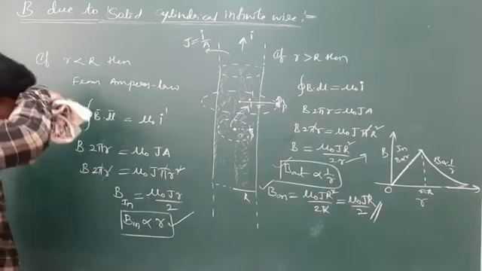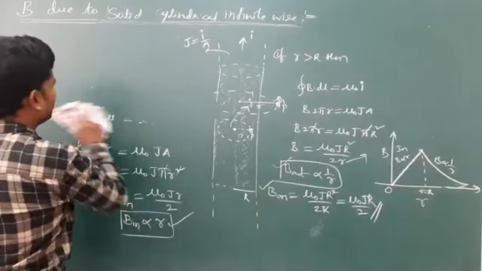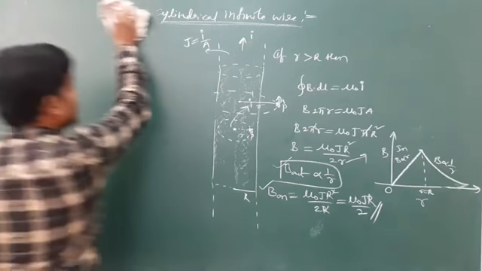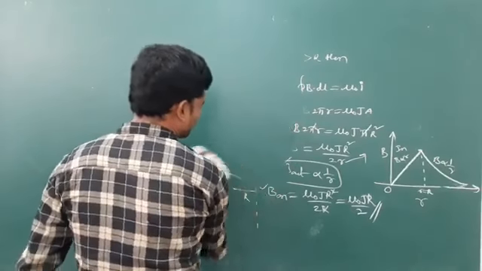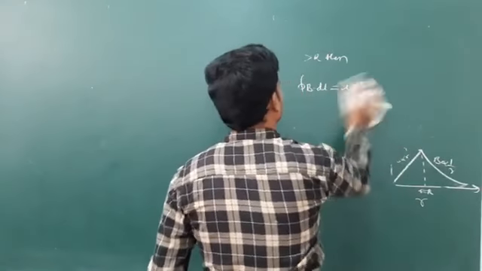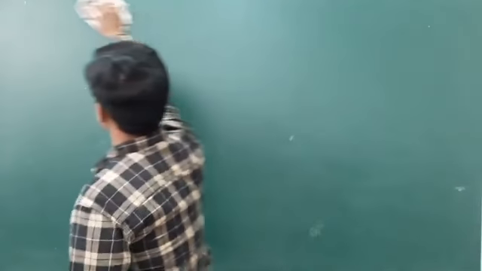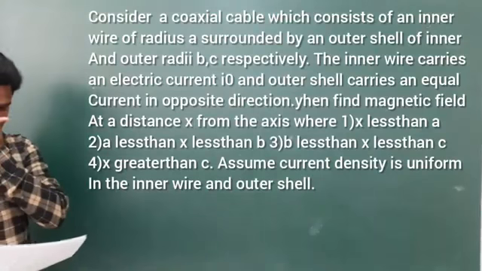Okay, now let me continue with one problem based on Ampere's circuital law. Some easy problems are also there. They will give the current, and in an Amperian loop they ask you to find the field. So try to solve easy problems from NCERT or any other book. Now let me solve a good level question. Let me give the question. So try to solve this one.